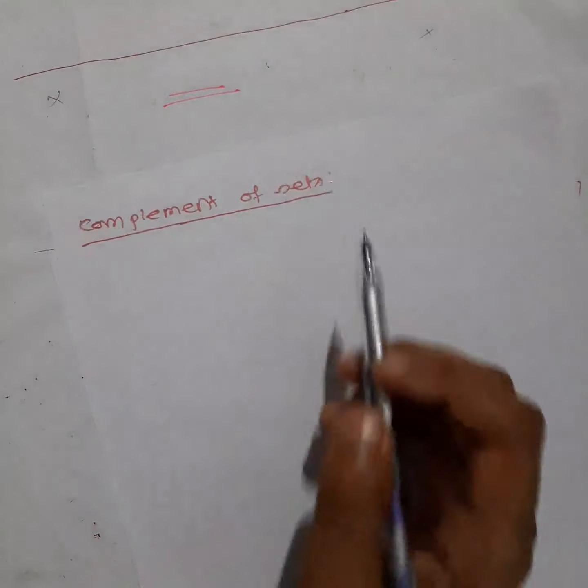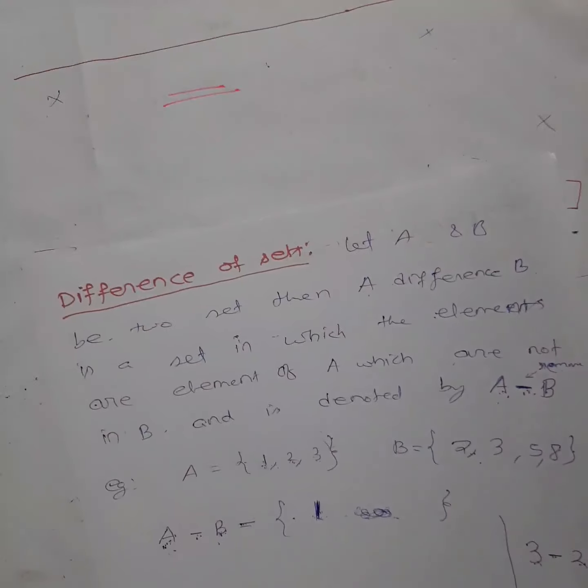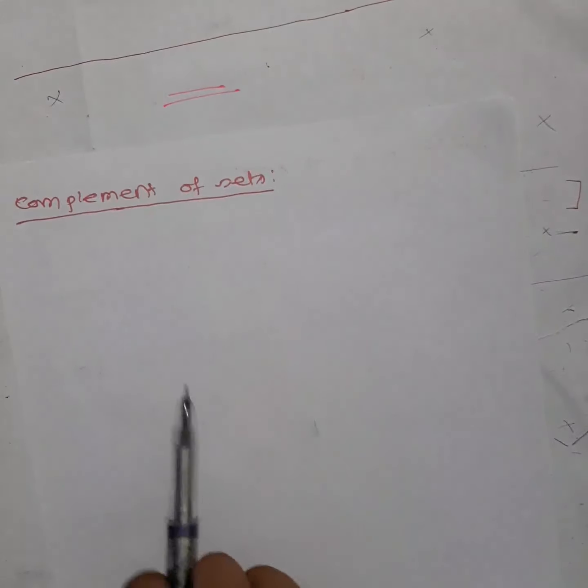The other definition is complement of sets. Okay, in the next class only we will discuss complement of sets, and then we will discuss Venn diagram, how to represent all this. Okay, Venn diagram actually I can discuss, right? Okay, anyway we will discuss it in the next class only. Venn diagram also after completing this.